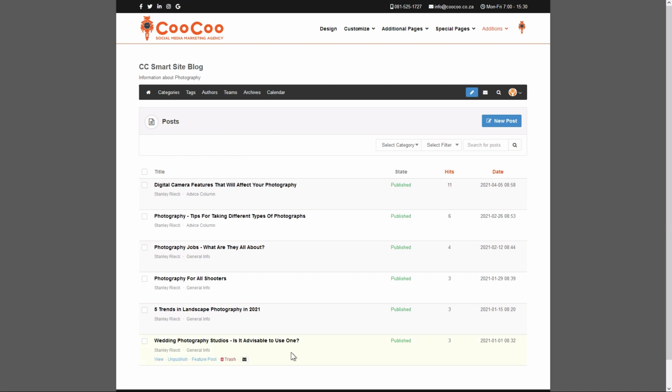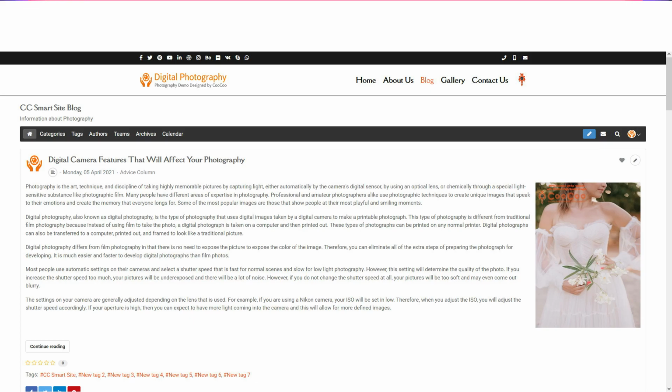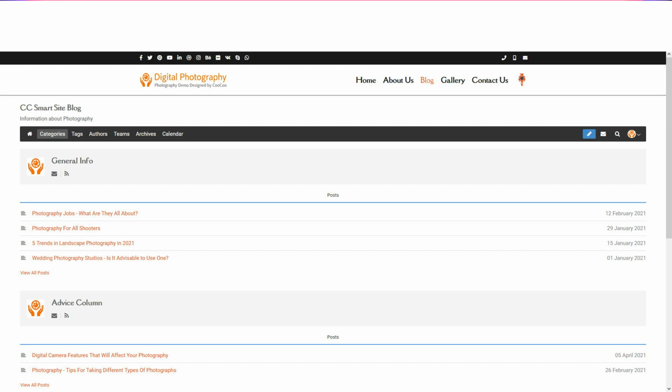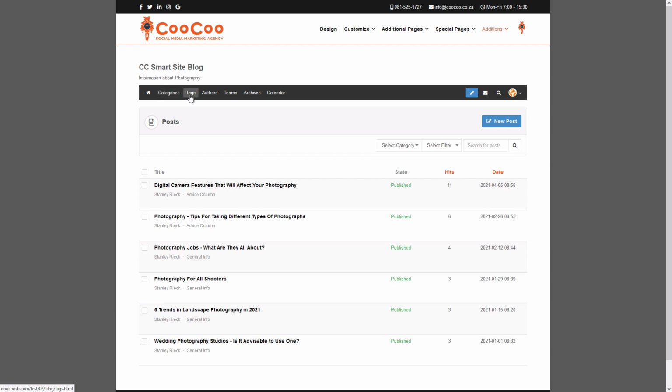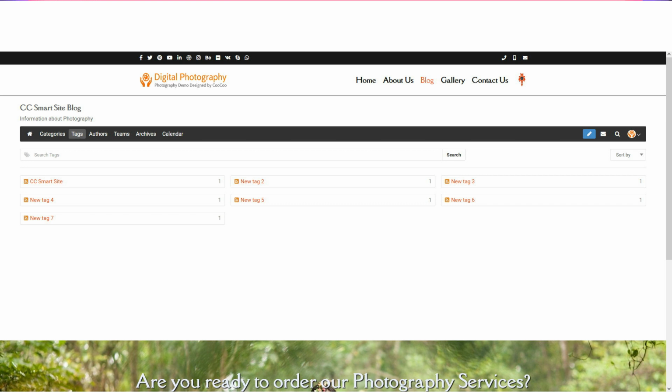Let's start off from the beginning with the top main row. This row is for viewing the various items listed in the links, not managing the items. You've got the Home button, which takes you to your live blog. Next is the Category button, which will show you all the different categories and the post titles on your website. The next button is Tags. This shows all the tags that you currently have on your site. The tags you see here are the main keywords added in the initial website setup. These keywords can now be replaced by your own keywords.